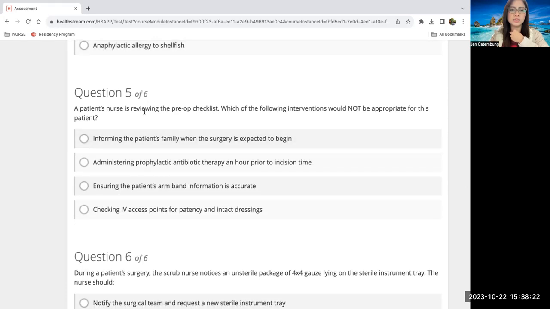Question 5 of 6. A patient's nurse is reviewing the pre-op checklist. Which of the following interventions would not be appropriate for this patient? Informing the patient's family when the surgery is expected to begin, which is not appropriate for this patient. This is appropriate. Administering prophylactic antibiotic therapy an hour before the incision time, of course. That's appropriate. Ensuring the patient's armband information is accurate. Checking IV access points for patency and